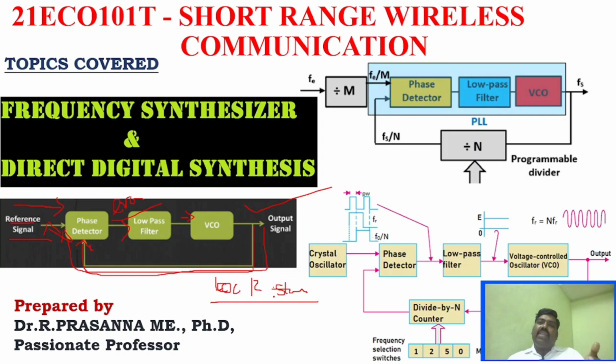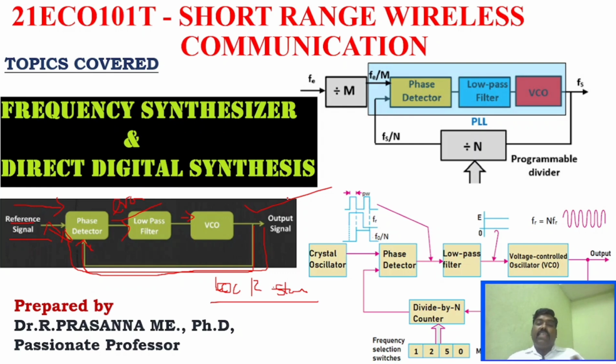And what is capture range? From the name itself you can understand, capture range is the range where we will achieve that particular lock condition. As I said, depending upon the iteration, the error signal gets closer and closer, and it becomes locked. The range at which the lock is obtained is called the capture range. So this is the basic working of a PLL.